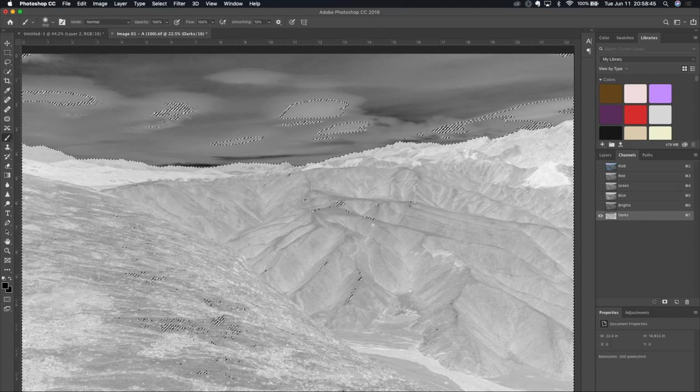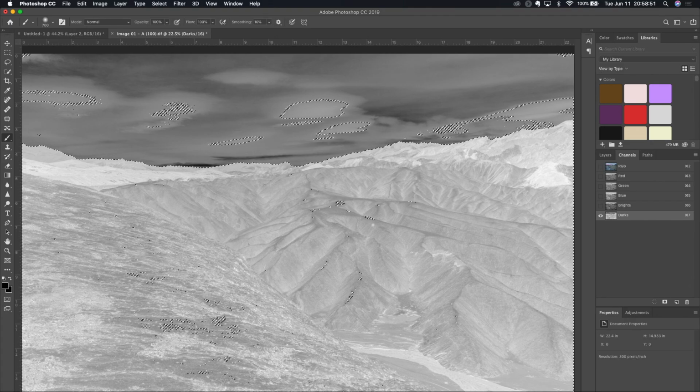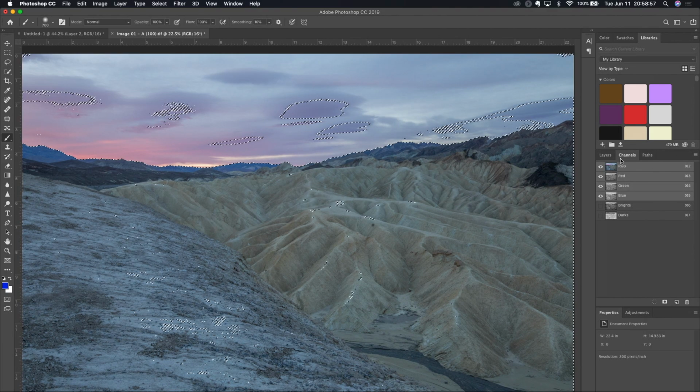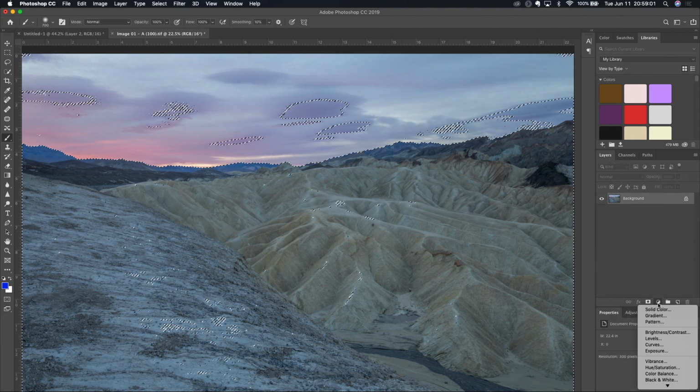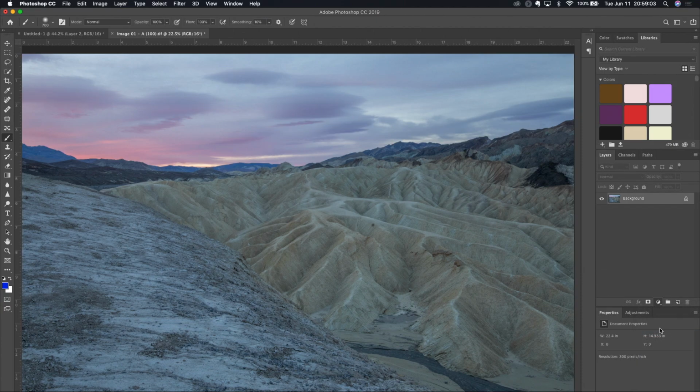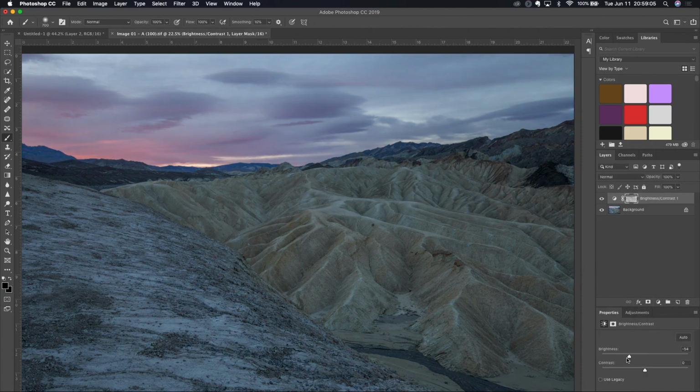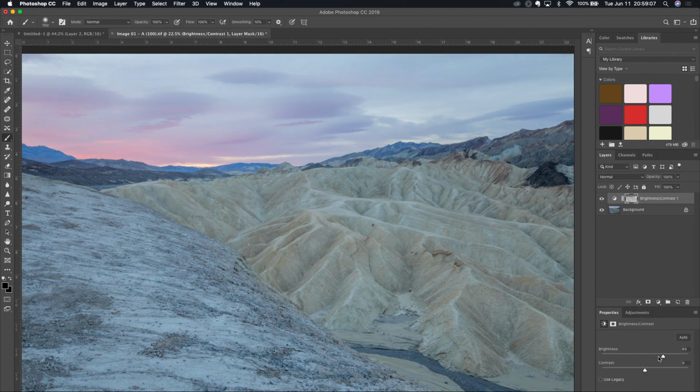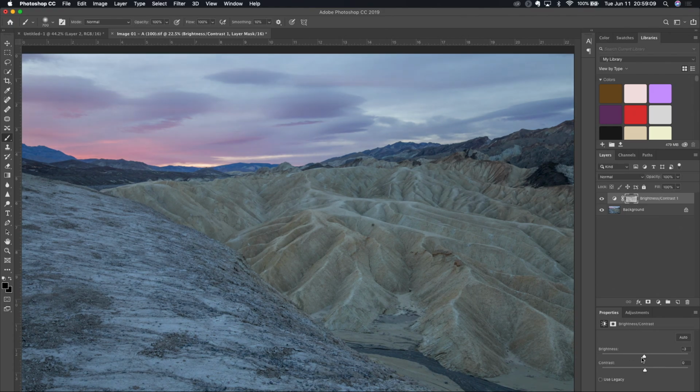And you can see as you're looking at this that the brightest areas in this mask are in fact hovering over the darkest areas in the image. And if I turn my RGB channel strip back on and go back out here to layers, and this time I'm going to do an adjustment layer, and I'm going to do brightness and contrast again, and I'm going to take my brightness and contrast slider up and down,